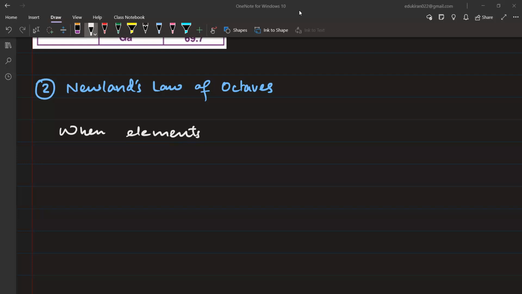Sometimes when students learn about these things, they think, why is this so complex? You should just have done it so simple. If you look at atomic number, why get it complicated with atomic mass? Atomic mass is not very orderly. For example, sodium is 23, but calcium is just double of the atomic number, 20 and 40. So many students think, why go that complex route? They did not choose that route.